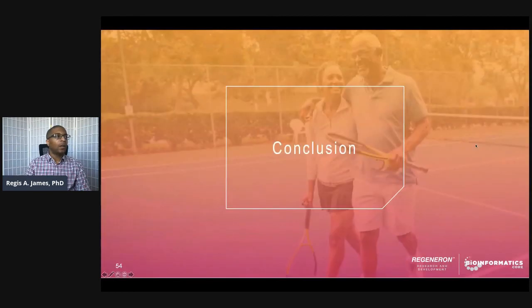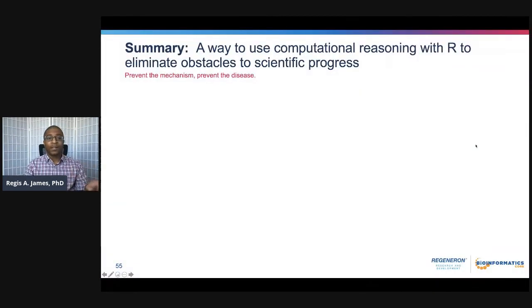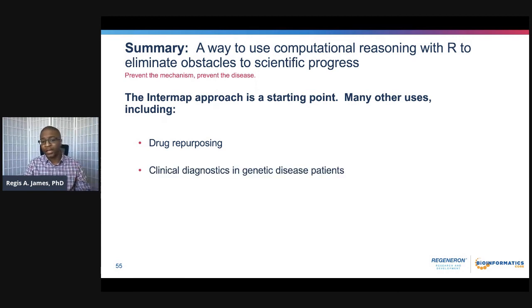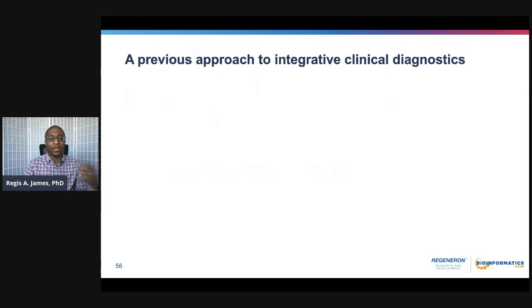So in conclusion, what I've discussed is a way to use computational reasoning within R to eliminate obstacles to scientific process by helping biologists and my fellow data scientists prevent the mechanism in order to prevent the disease. And of course, the Intermap approach is just a starting point. There are many other uses, including drug repurposing, clinical diagnostics in genetic disease patients, and there are a whole variety